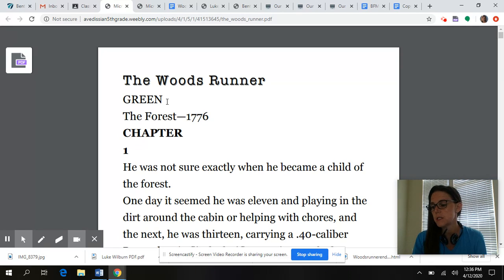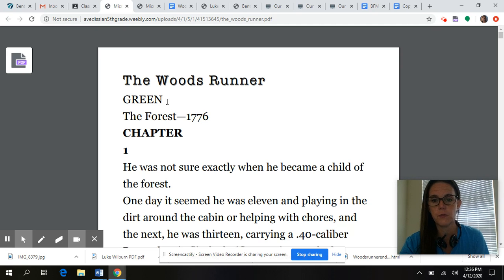This book is historical fiction, which means that it is a made-up story, but it is set in an actual historical time period. And this book is set during the time of the Revolutionary War, if you can't tell by the year here. Our main character is named Samuel, and he is who we're going to be reading about throughout this book.